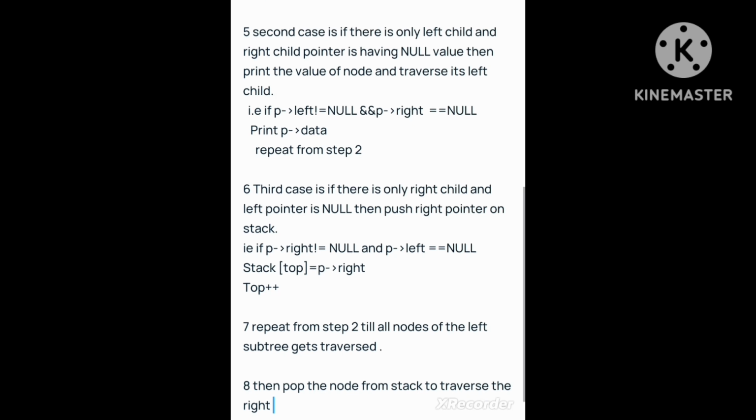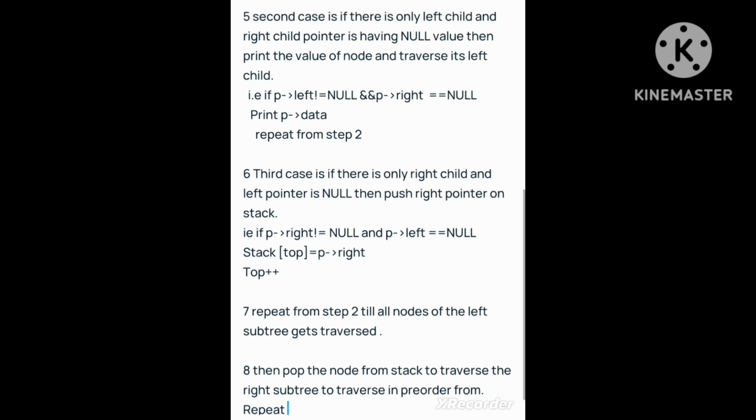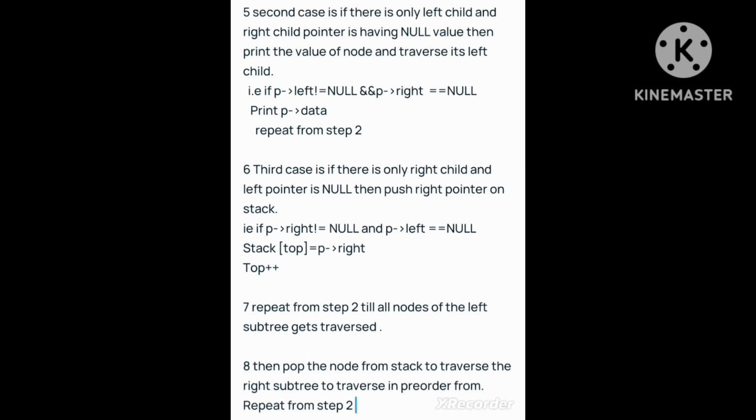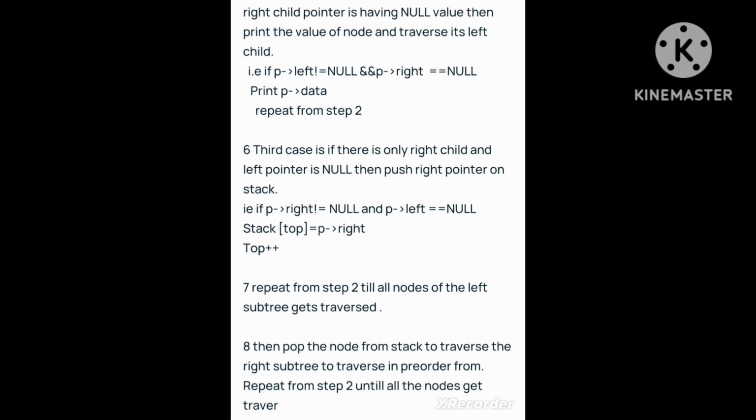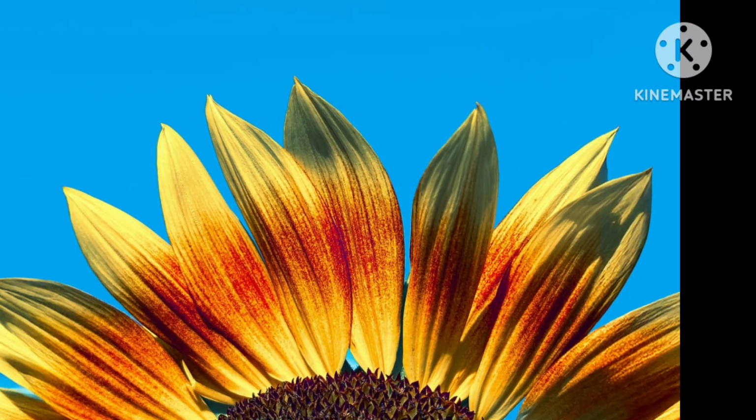Then we have to pop the right subtree node from the stack and traverse it in the pre-order form. So repeat from step 2 until all the nodes get traversed or some terminating condition is satisfied. So in this way the pre-order traversal is performed.